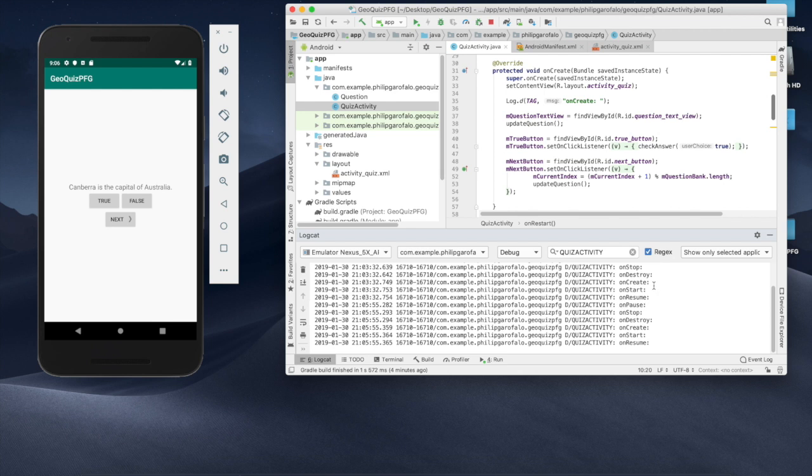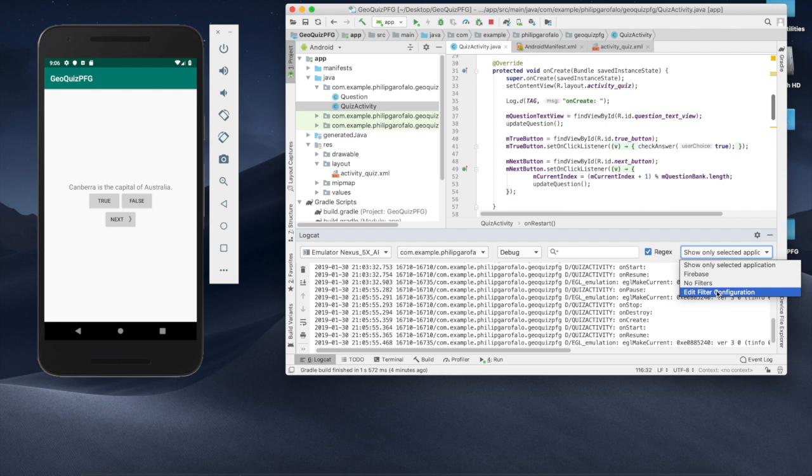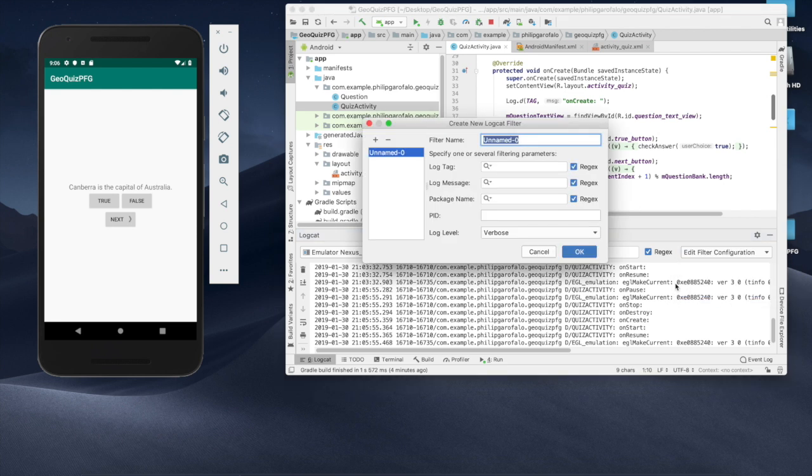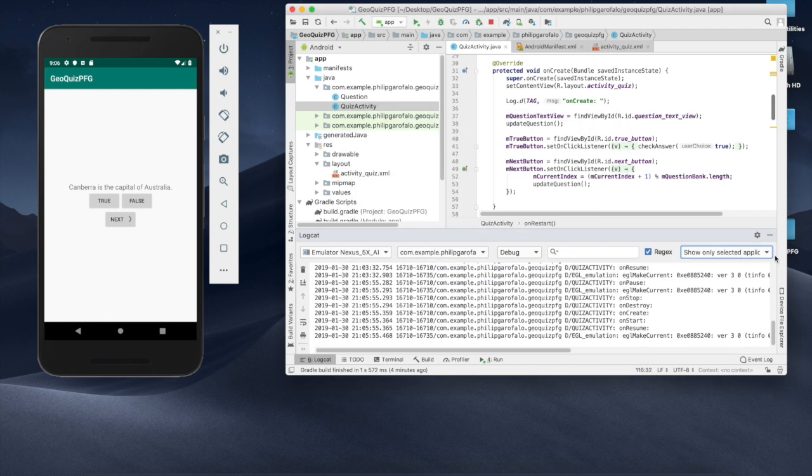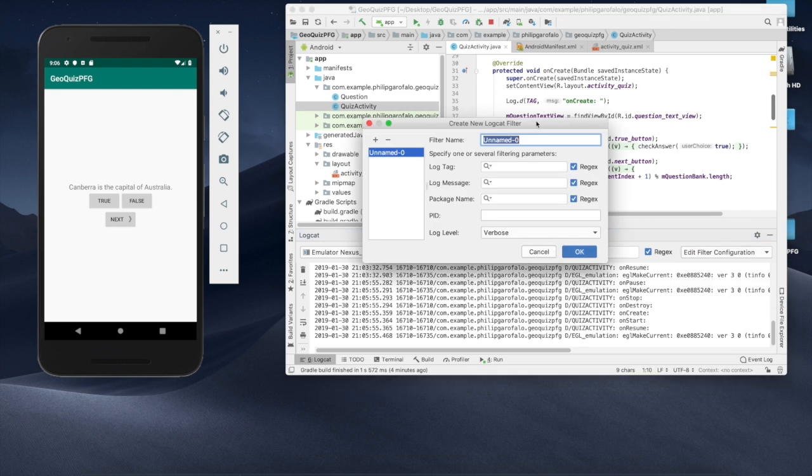One of the last things that I want to show you here is that you can save a filter. If I clear this filter, I can create a filter that I can save and use over and over again. So, for example, I just clicked on this rightmost drop-down menu, clicked on Edit Filter Configuration, and that brought up this dialog box, and it gives me various aspects of log messages that I can filter on. So, for example, I can filter on the log tag. So I can put in quiz activity,